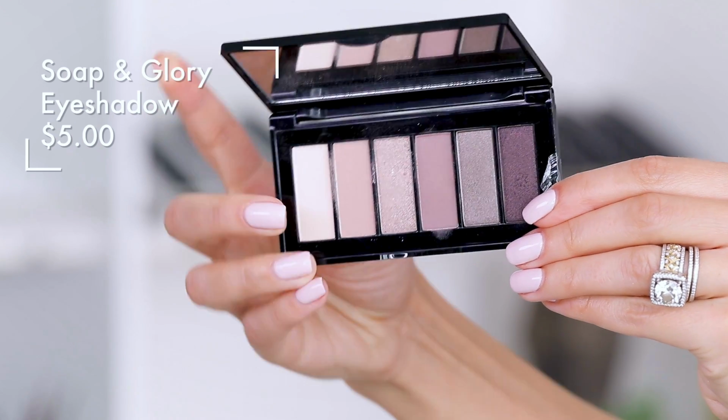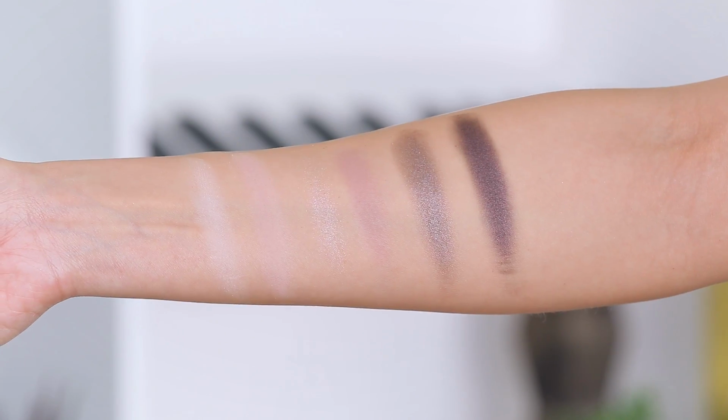Soap and Glory. Normally they impress me. I am obsessed with their body butter, their body scrub. I love all their body products. They're so good. And they do have some of my favorite lip products as well. But with eyeshadow, I just end up never liking how everything blends. It just blends out really weird, and even picking it up, I wish you guys could see just like how